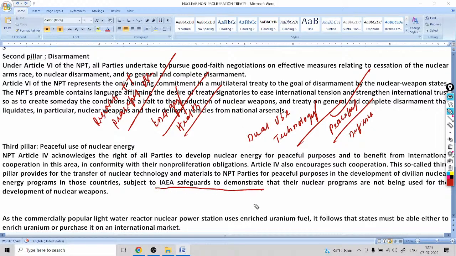Okay, and the country utilizing nuclear energy for peaceful purposes should be very open and transparent in its use, and must follow all the nuclear safeguard guidelines issued by the IAEA, and also allow the arms inspectors from the IAEA to visit their peaceful nuclear energy premises to verify whether the activities are in conformity with the IAEA safeguards or not. Okay, so this is what it is.